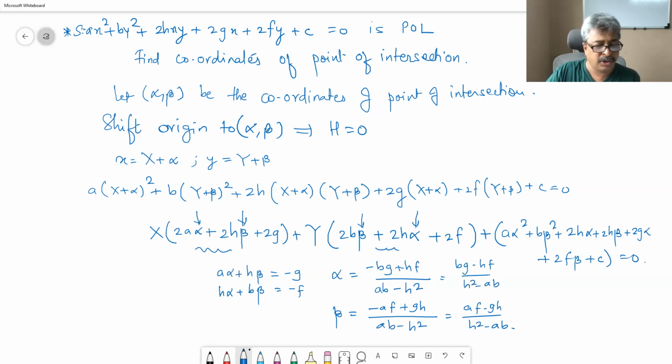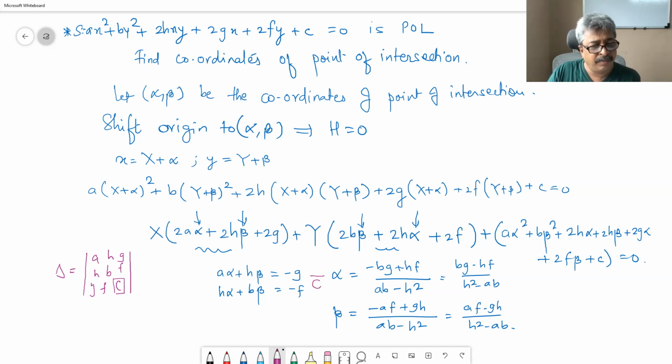Now how do you write them in a still better way? We have the determinant with rows A, B, C, F, G, H. In that determinant, I think we have discussed the minor and cofactor. So what is the cofactor of C? C is at the 3 3 position, so positive, AB minus H square, right? So if we look at this, the denominator is the cofactor of capital C.